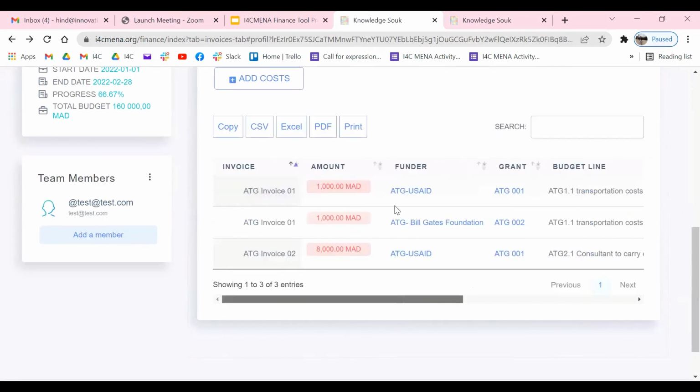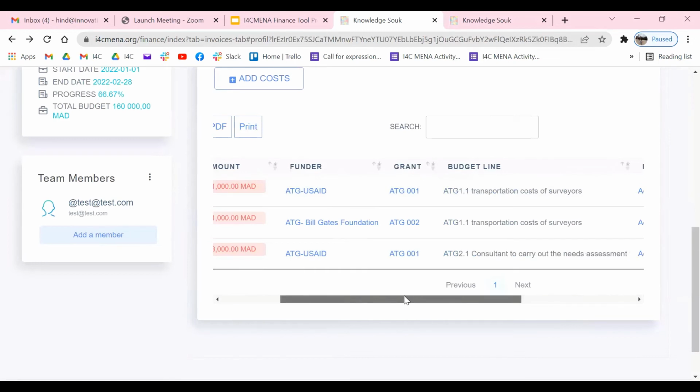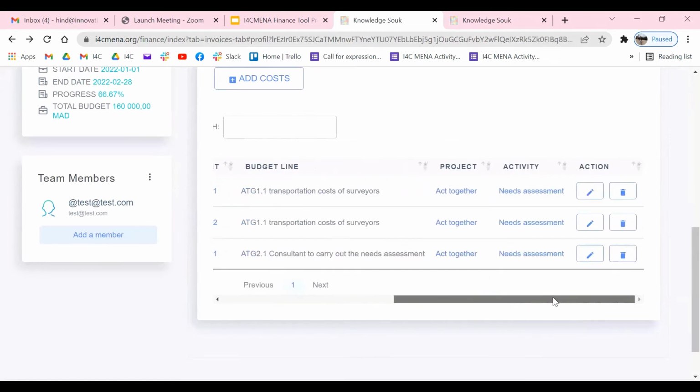We have some information also: the amount of the invoices detailed, the amount, funder, which grant, which budget line, which project, and also which activity if we link it to a specific activity. And also here we have some actions.